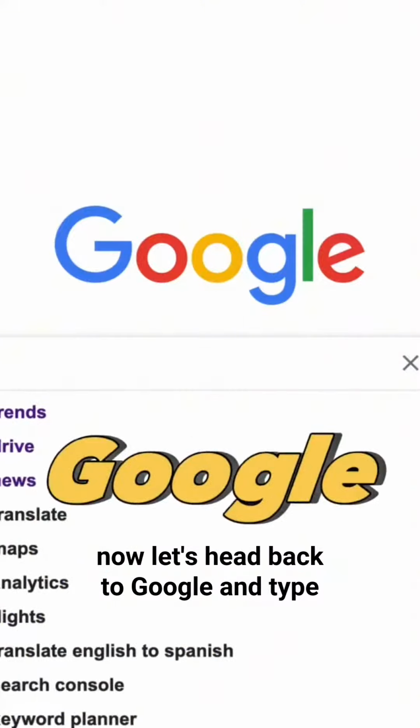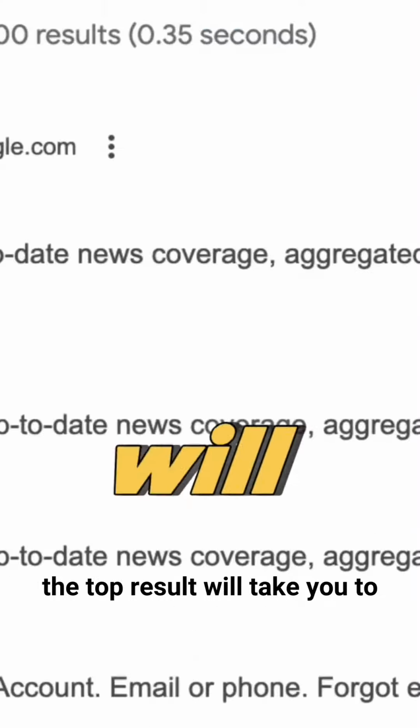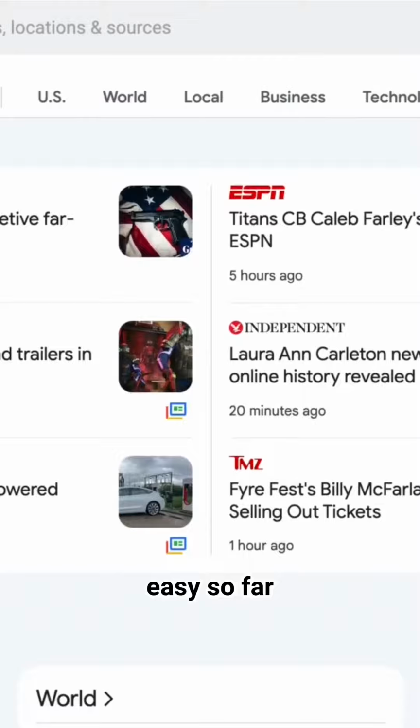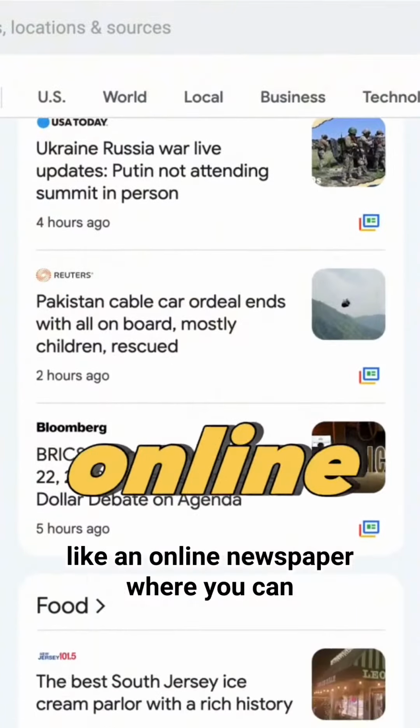Now let's head back to Google and type in Google News and hit the search button. The top result will take you to news.google.com, the official Google News website. Easy so far. Click on it and there you go. You're on the Google News homepage. It's kind of like an online newspaper where you can